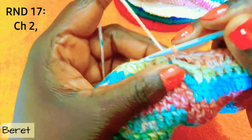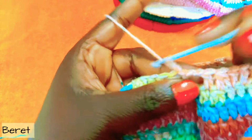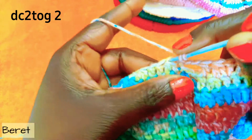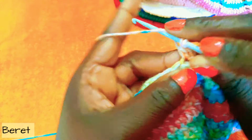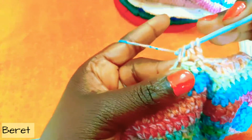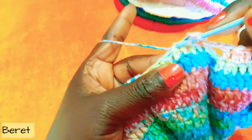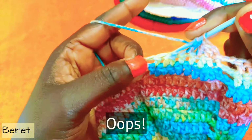I'm done with my slip stitch on my 16th row. Now we're doing our 17th row. We're going to chain 2, just in the next stitch. We do our double crochet halfway. We're decreasing our stitch, guys. There. Now we're going to do 1 double crochet and we decrease,